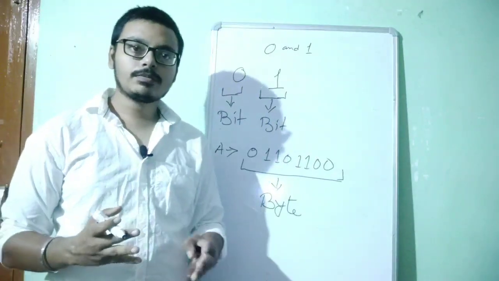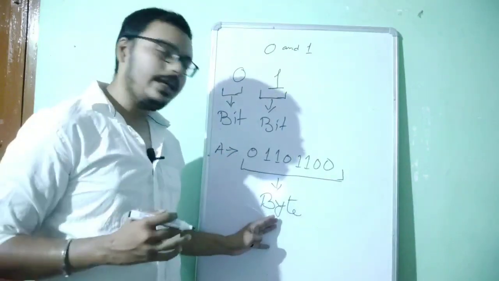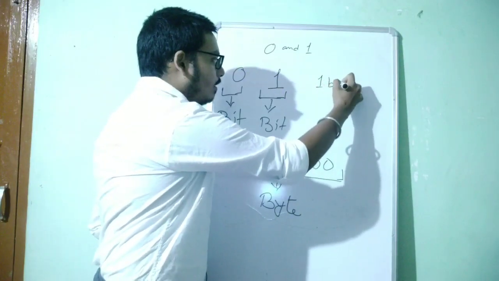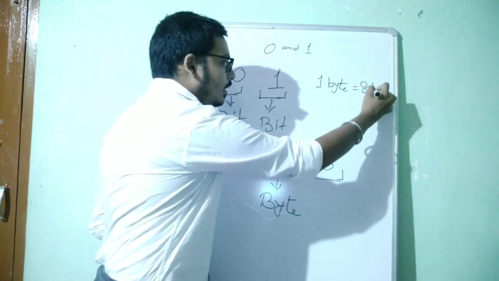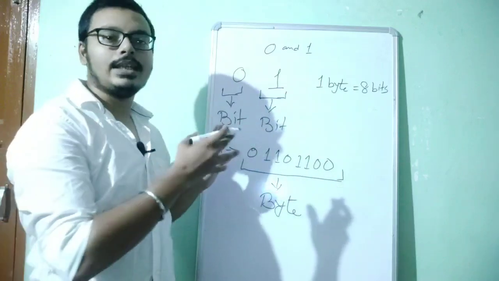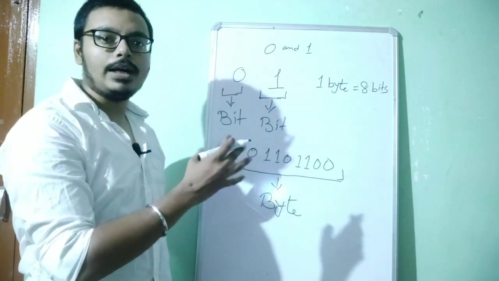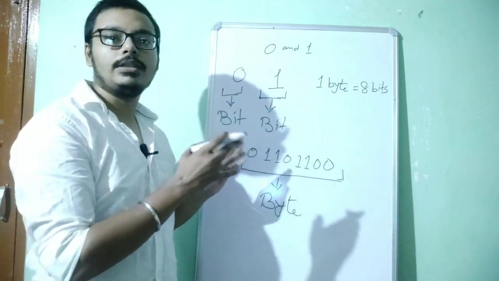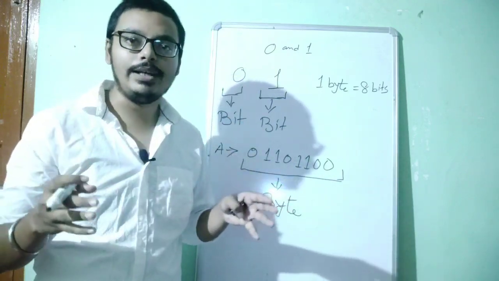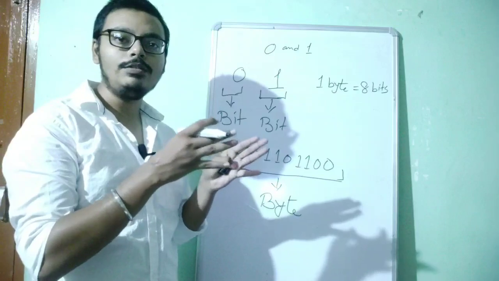Okay, this 8 bits together is called 1 byte. So the size of a byte is what? 8 bits. So we can say 1 byte is equal to 8 bits, right? Bits and bytes are a unit of measuring the size of data, how large the file is, how large the game is, right? Say 2 GB, 3 GB, so that is a unit of size.